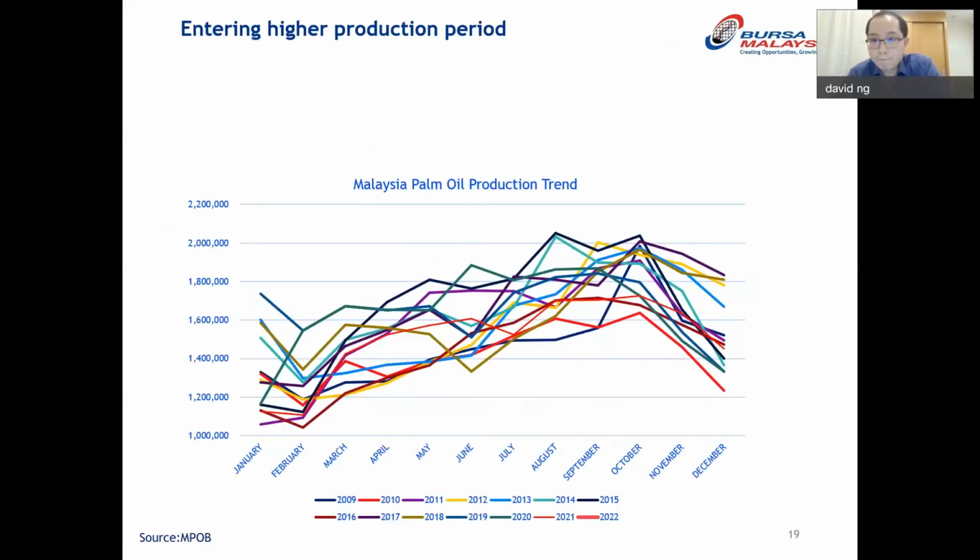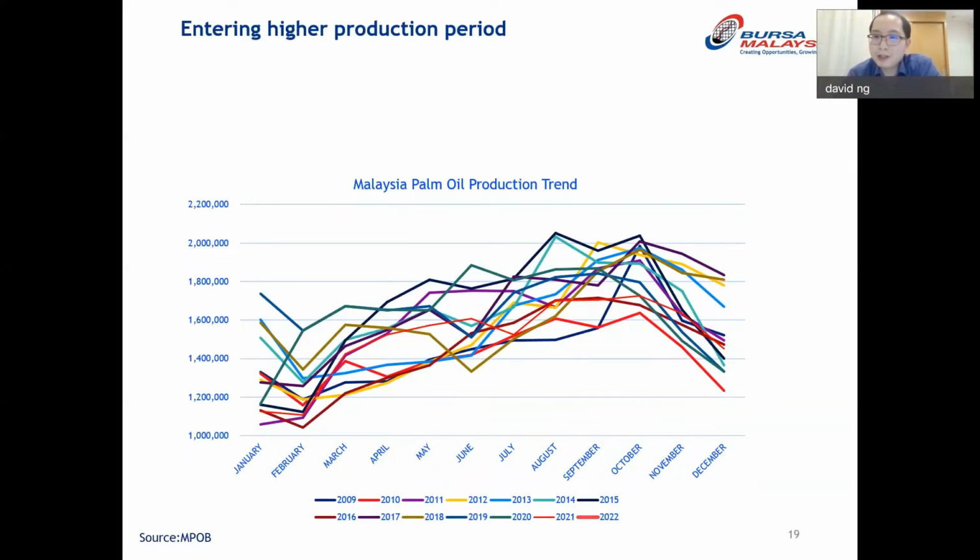Now, I would say one important benefit of trading commodities is that commodities generally display seasonal trends. So just look at production for CPO, for example. If you notice for the past decade or so, if you break down production month to month,